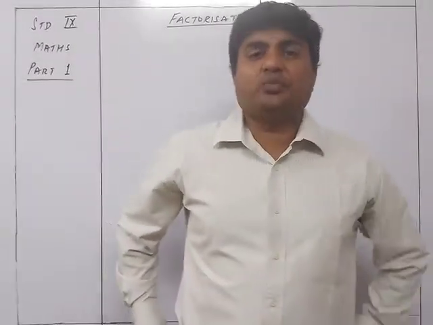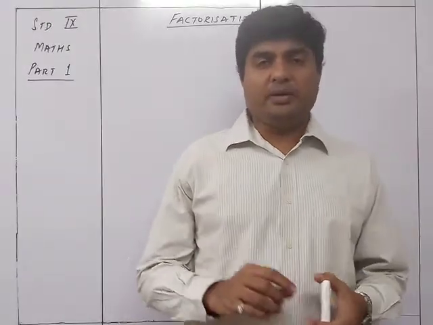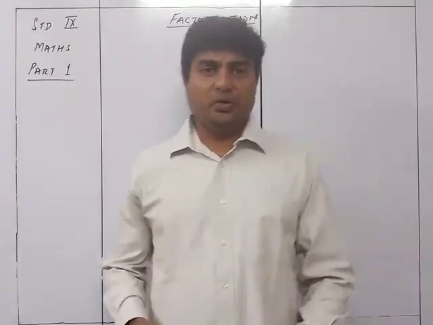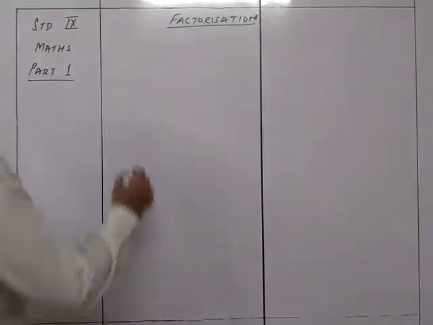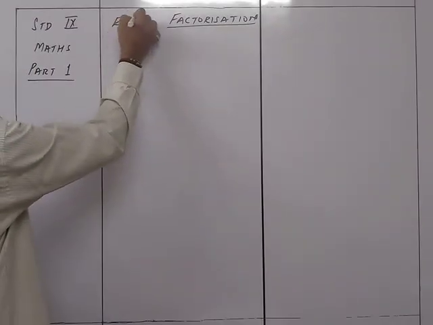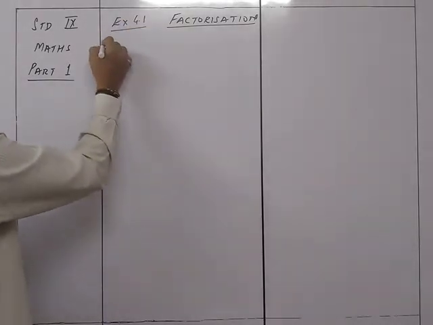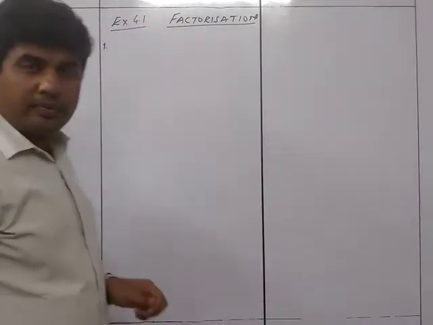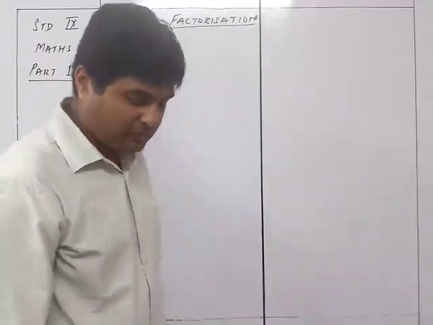The first exercise is just a simple one in which you are just going to take out common between the terms which are given. So that's going to be exercise 4.1. So let's start with exercise 4.1. We'll take the alternate sums. Each and every sum has got two parts, so we'll take only the first part in each and every sum. So let's start with that.